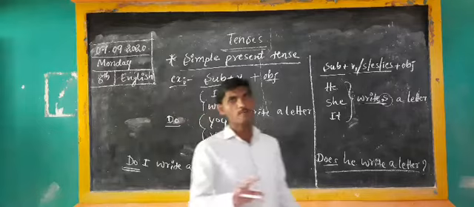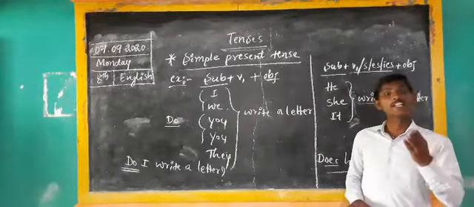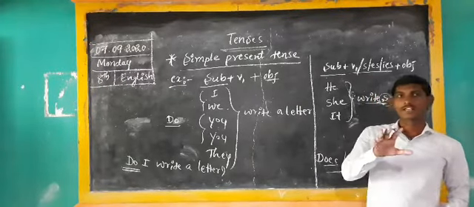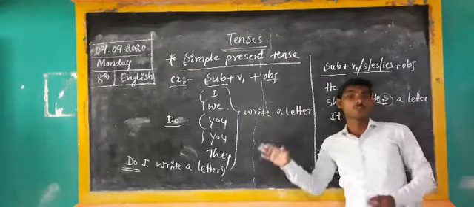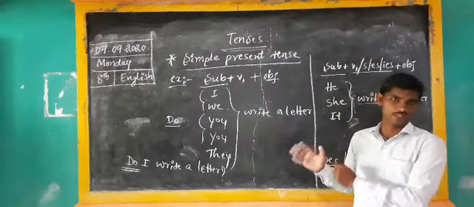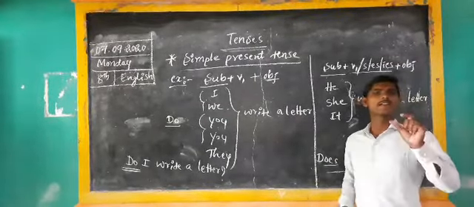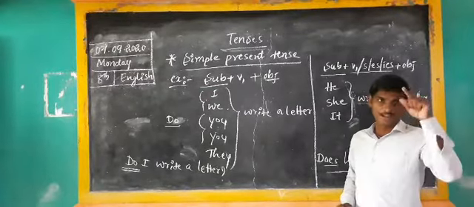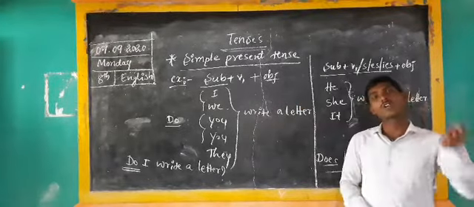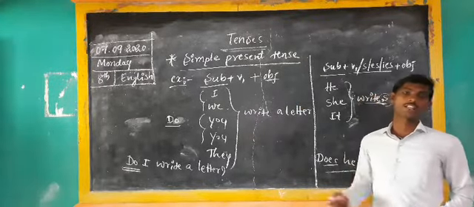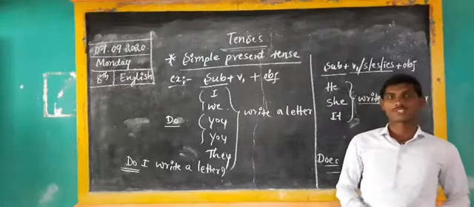Dear students, I hope you have understood this simple present tense or present indefinite tense, how to create assertive or declarative sentences, and how to convert those assertive statements into question statements. You should write a minimum of 10 such assertive statements and convert them into question statements. In the next class we will continue and learn about the present continuous tense. Okay, thank you.